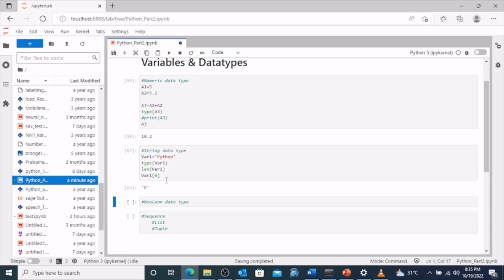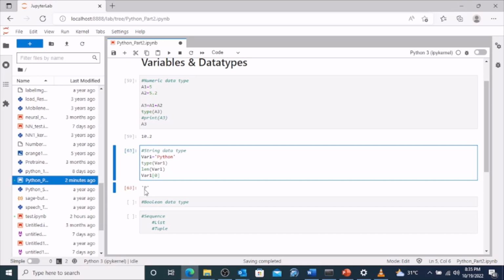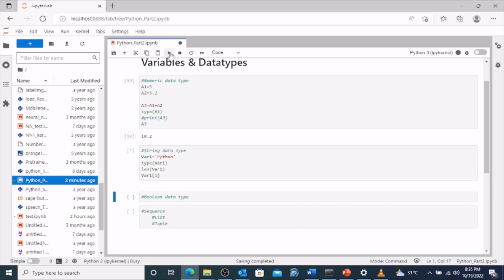In Python, the very first index starts with 0. In some programming languages like MATLAB, the index starts with 1, but in Python it starts with 0. So this is 0, first character, that will be P, and similarly 1 means it's the second character, that is